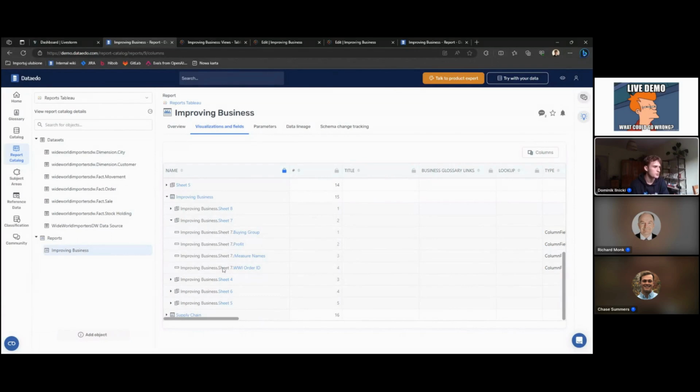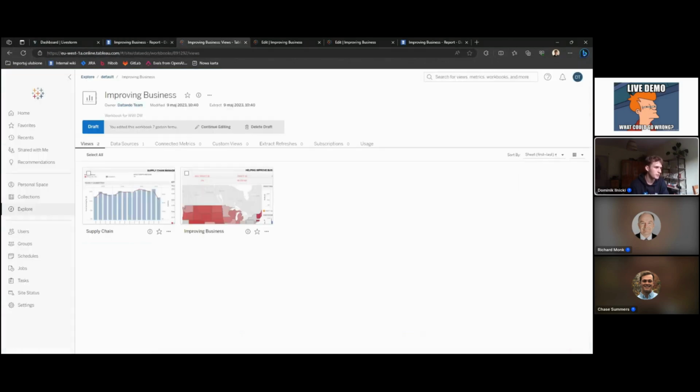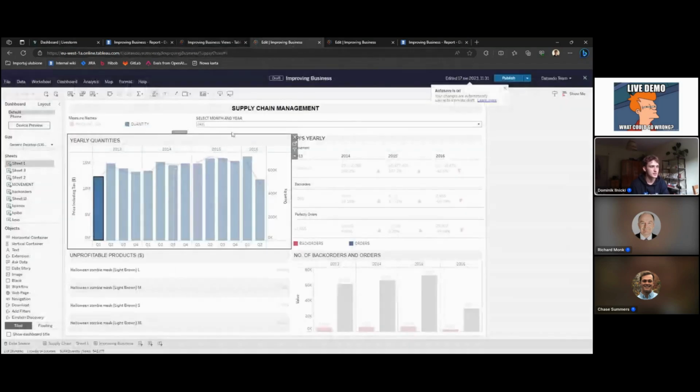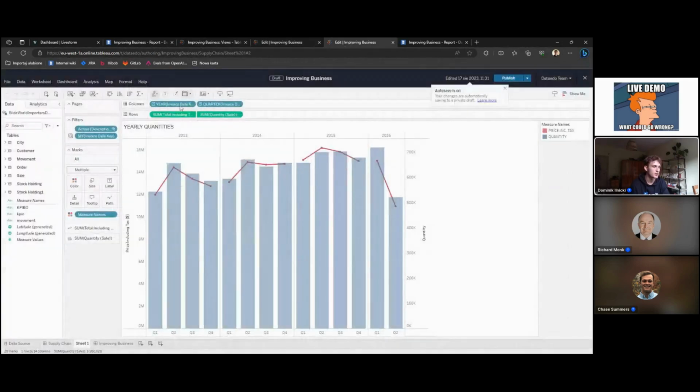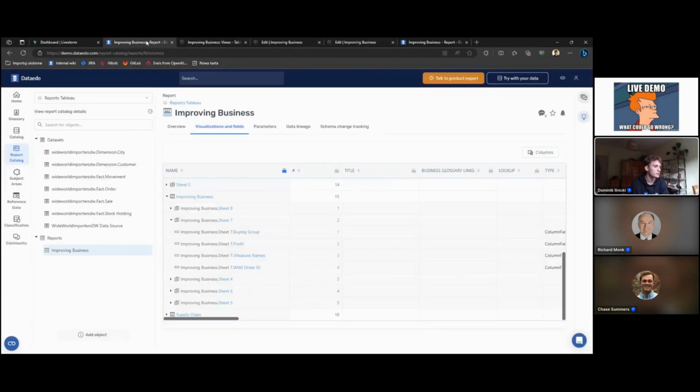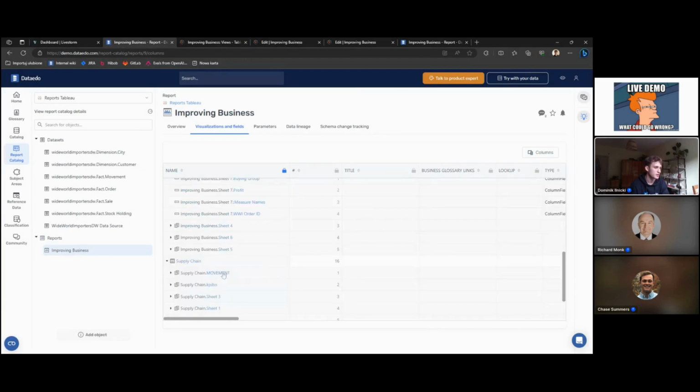So to show you how it looks like in Tableau, right now I'm in the Improving business workbook, and it has two different dashboards. And this is the supply chain dashboard. You can see that this visualization is Sheet 1 here, and this Sheet 1 uses different fields like year of invoice date, like invoice date key, and yeah. So this is how it looks like in Tableau. And when I go to Dataedo, it's the workbook Improving business, and it's the supply chain dashboard with Sheet 1